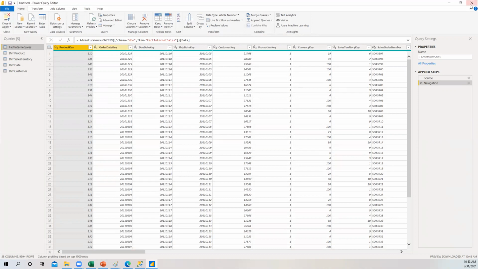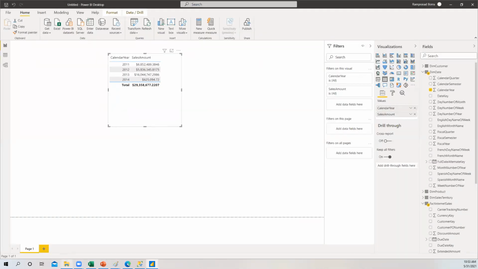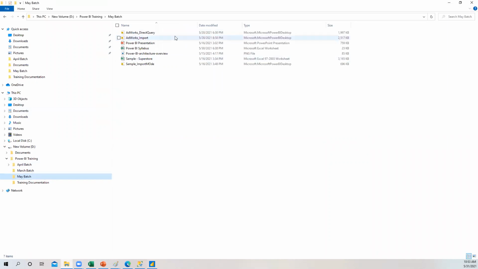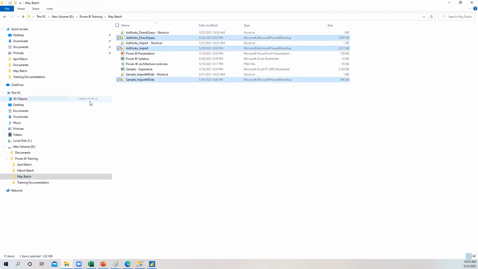Okay, so now, guys, let me save this file first. I created this Power BI file. Let me go here to the May batch folder and delete the existing one, so that there will be no confusion.